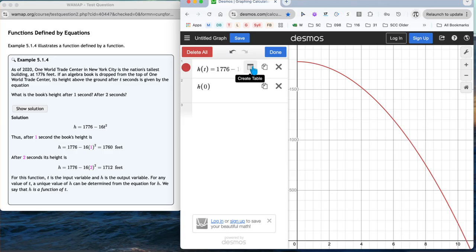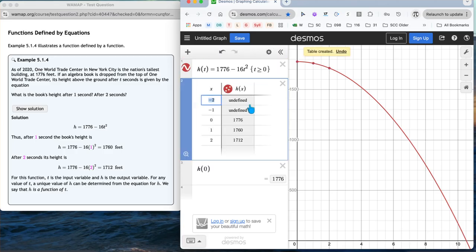So when I click my mouse, there's the table. And it gives some first guesses at values that make sense. You can see here that because we've defined the domain to be values greater than or equal to 0, if I plug in -2 and 1, it tells me the function's not defined there